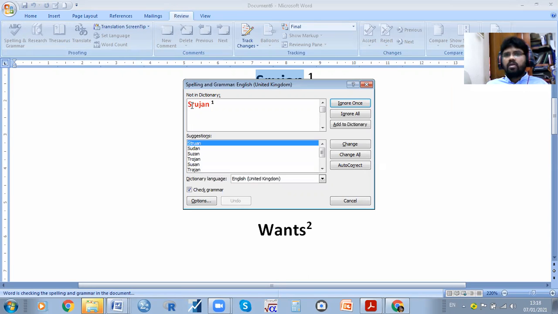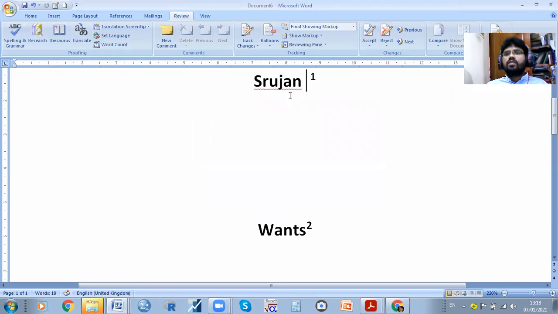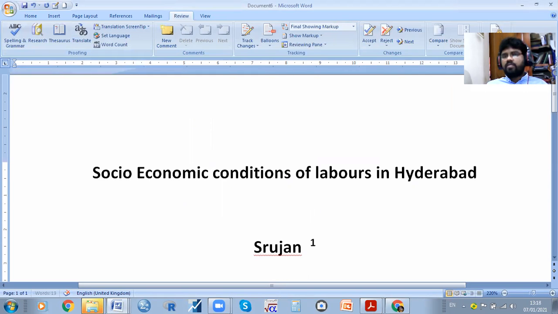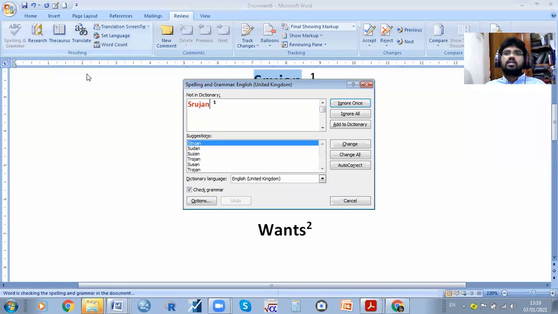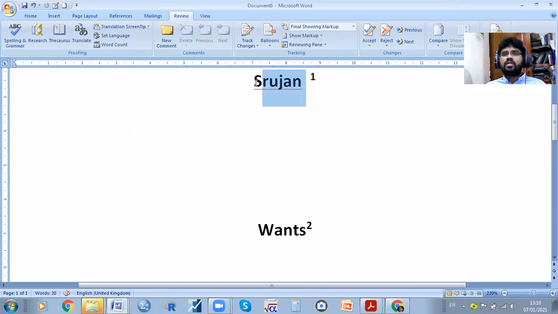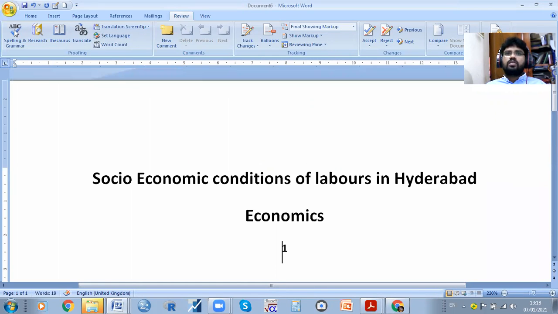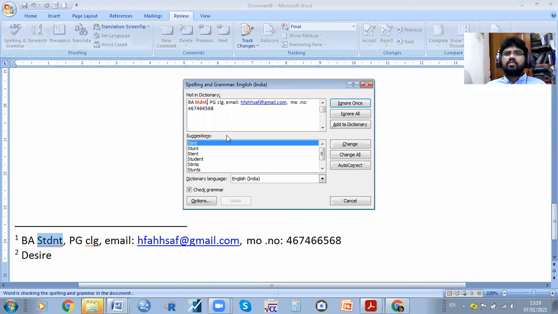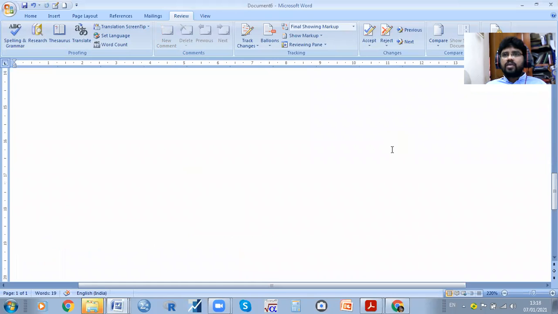So you can click Srujan. For example, if you write only economics, it shows there are no spelling mistakes. Srujan is only saying. If you delete Srujan, then the spelling mistake will be there. Student. Next. So in the above, we don't have any mistakes.